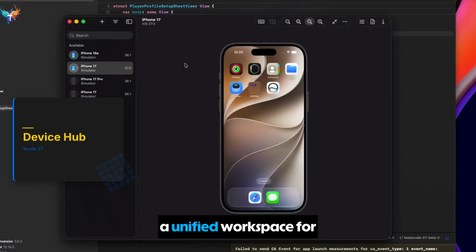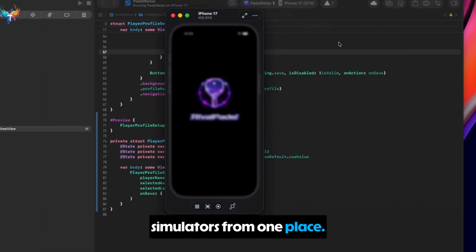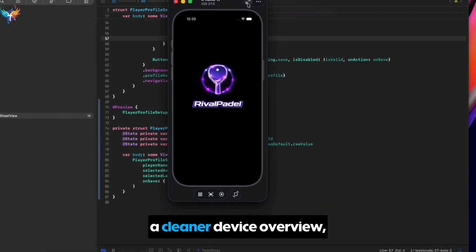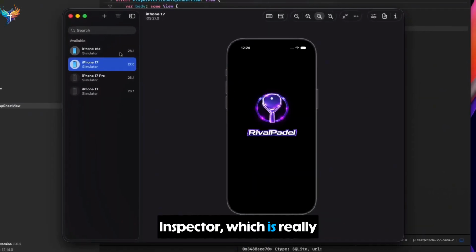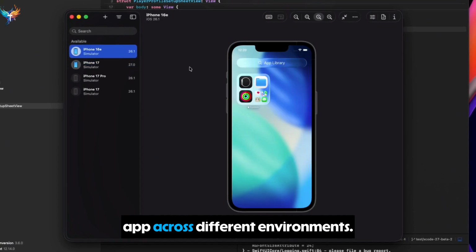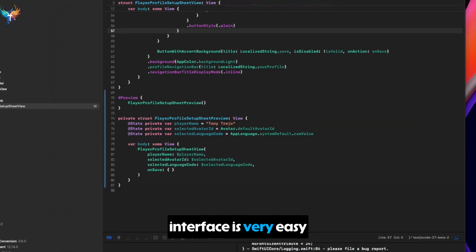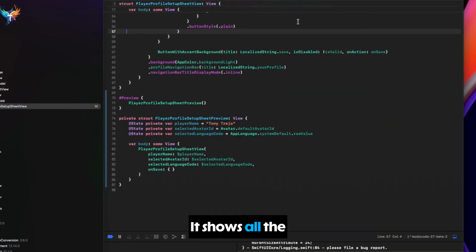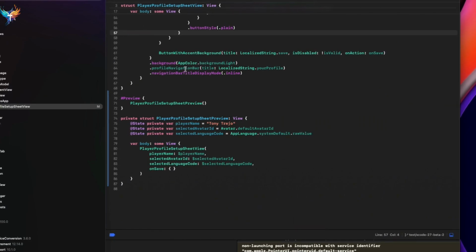Device Hub gives you a unified workspace for managing physical devices and simulators from one place. You get quick actions, a cleaner device overview, and an expanded accessibility inspector, which is really useful when testing your app across different environments. As you can see in the video, the interface is very easy to understand. It shows all the available simulators and physical devices, so you can quickly choose where you want to run and